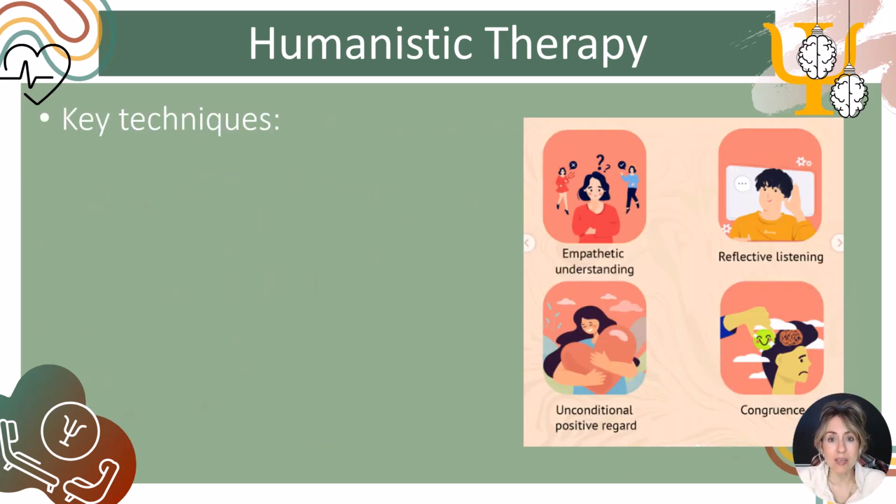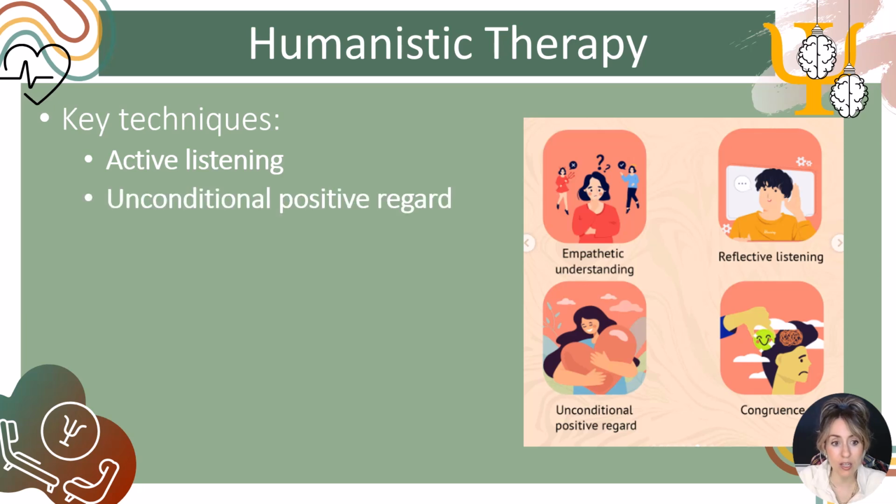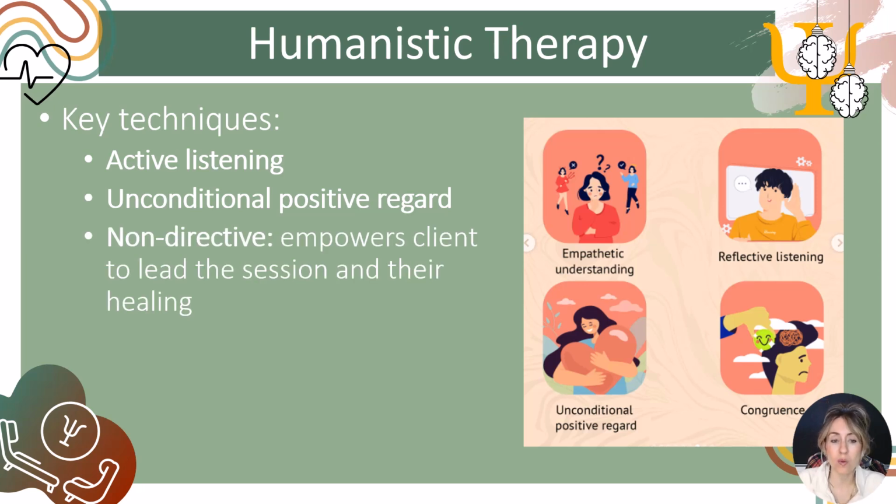So what are some key techniques that these therapists use? These will not be new ideas. These, again, align with a lot of the therapeutic alliance material we already mentioned. So active listening, making sure that you reflect back what you're hearing to the client, unconditional positive regard, so accepting them, being genuine, and then a new one, which is called being non-directive. So the active listening, unconditional positive regard, and empathy are core to any therapy, although they are traditionally humanistic